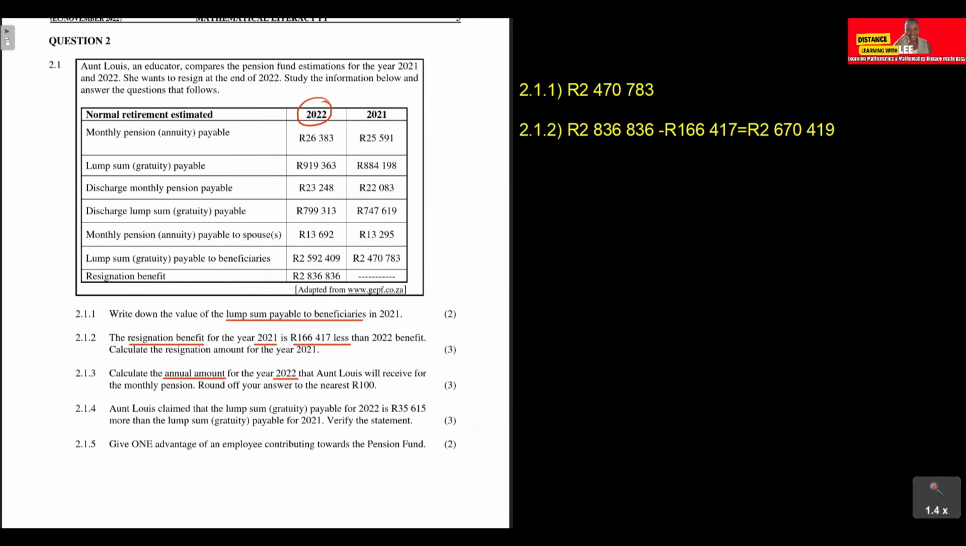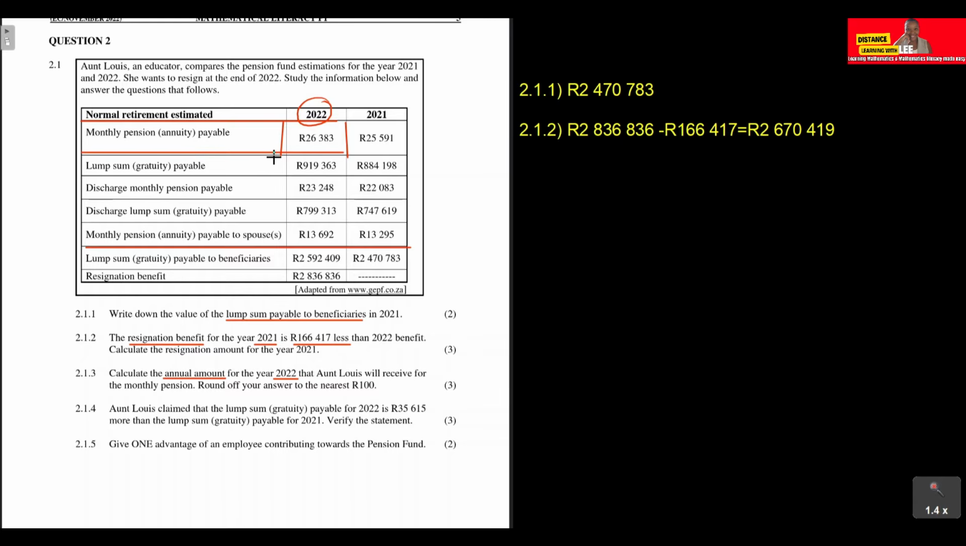We're not going to focus on this monthly pension payable to spouses, okay, because this one has nothing to do with Louise. It's the amount that is payable to her spouse, not her. Okay, that is why in this case we're just going to focus on this row here, the monthly pension payable to Louise in which year? 2022. Okay, then we're going to take that amount of 26,383